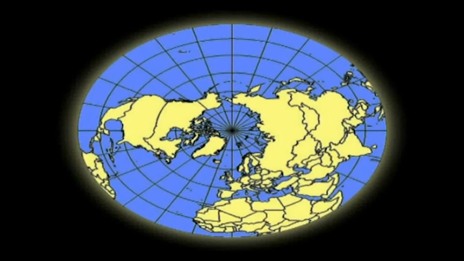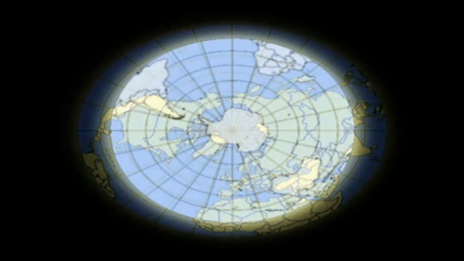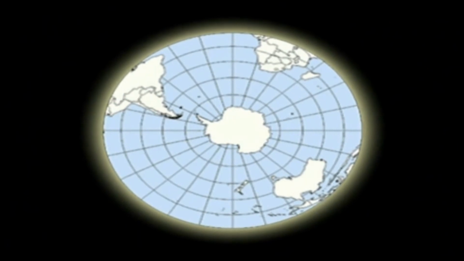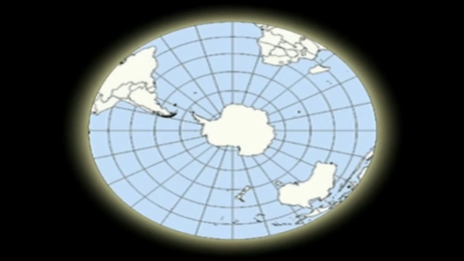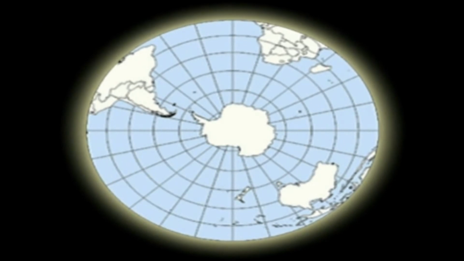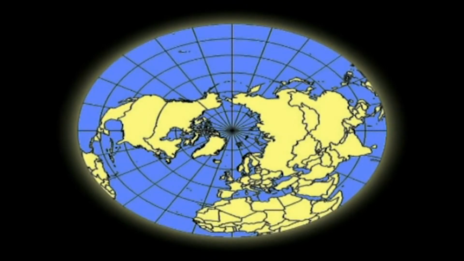Let us see the distribution of oceans in the two hemispheres. In the northern hemisphere, we have a different situation, and in the southern hemisphere, we have a different situation. We have overwhelming dominance of land areas in the northern hemisphere. More than 75% of the total land area is situated north of the equator. Hence, the northern hemisphere is called the land hemisphere.